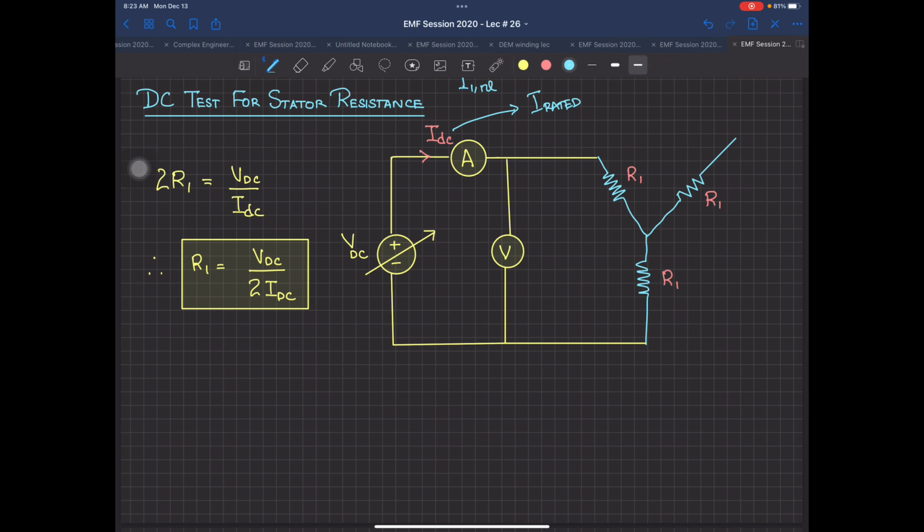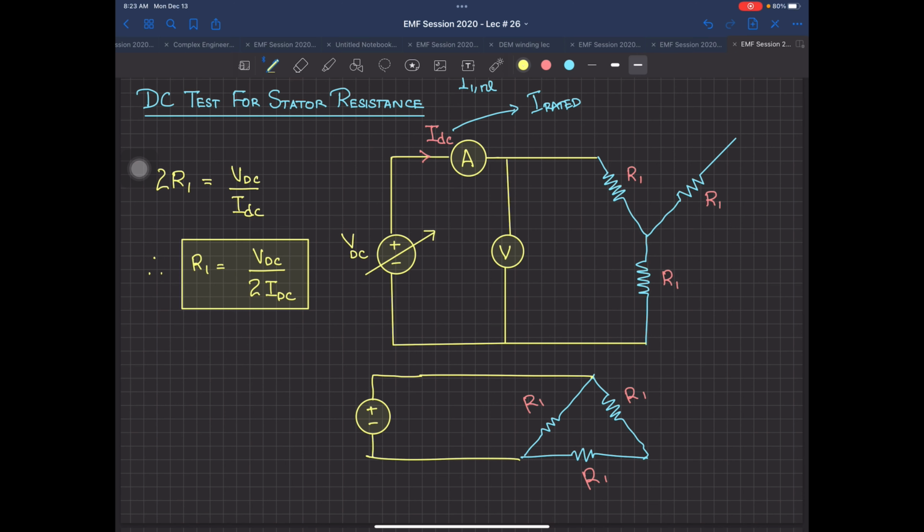And if supposedly this is connected in delta configuration, because this question is also in the end problems, so if you have R1, R1 and R1, and it is connected in delta, let me make this diagram over here, and you have again a VDC source. Let me put a voltmeter first over here. Same thing, voltmeter, and I have an ammeter over here also. Now in this case, what will be the formula? Anyone?